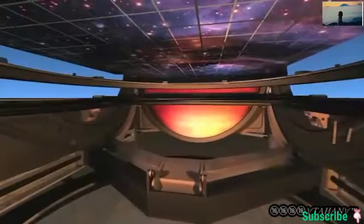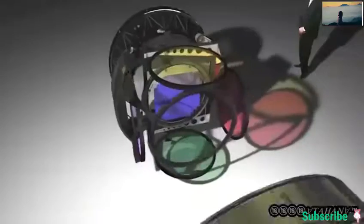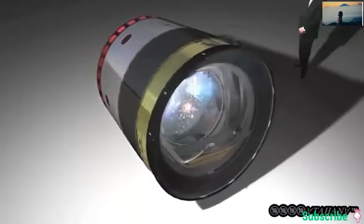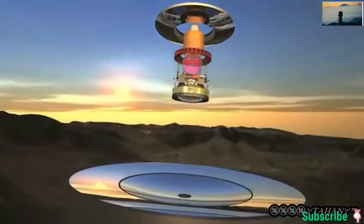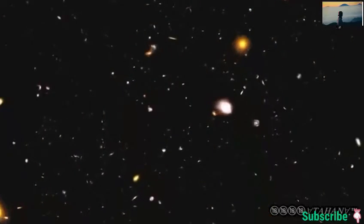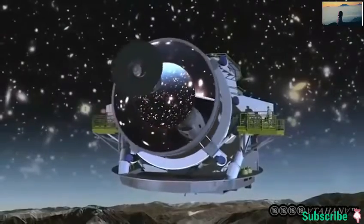The camera, however, is no lightweight like the Argos IS. This 3-mirrored device weighs 3 tons and is the size of a small car. It has 189 sensors and has a resolution equivalent to 800,000 8-megapixel cameras. The single image that will be created by merging all the data from all the sensors would fill 1,500 full